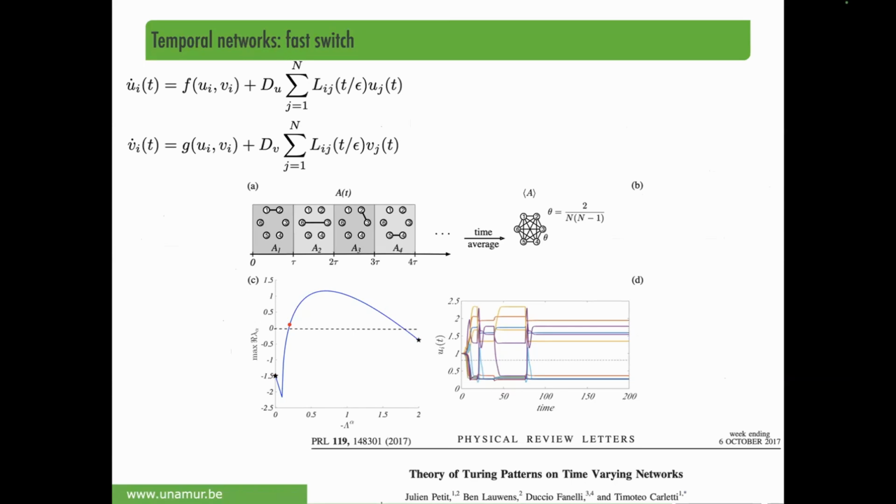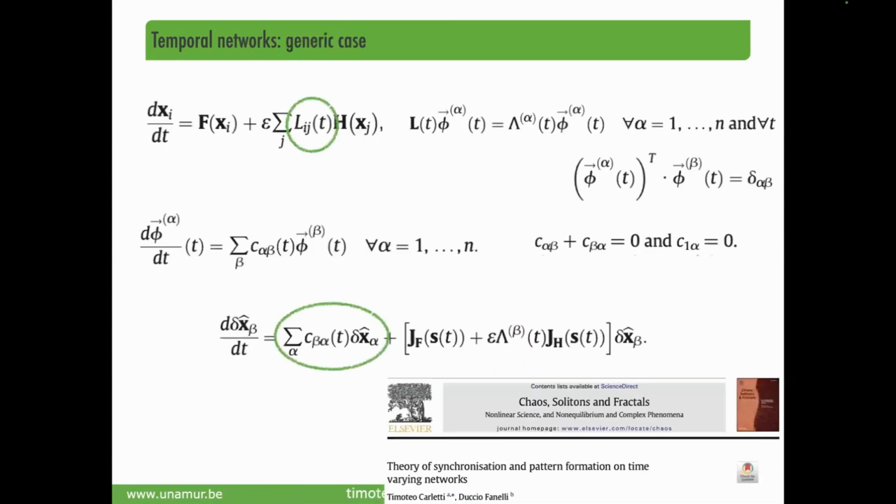Okay, but you can also remove this fast assumption. You can have a generic Laplace matrix, symmetric in this case, that evolves in time with any function of time. But because this is symmetric, you still have an eigenbasis, or eigenvectors, which are orthonormal for all t. And then you can write the time evolution projected on the same eigenbasis. So you linearize, and you obtain once again the same equation as previously, where the Jacobian of the reaction plus the part due to the Laplace.